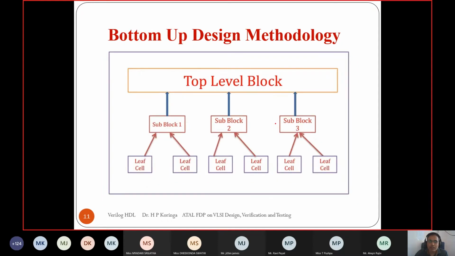In bottom-up design methodology, again the name suggests how it works. Any layout is prepared by combining layouts: we prepare a transistor, from transistors we prepare a logic gate, and from logic gates we prepare standard cells such as D flip-flops, muxes, and other standard cells. So bottom-up design methodology is normally used in physical design to prepare standard cells. And in actual designing, a combination of both types of methodology is used, right?